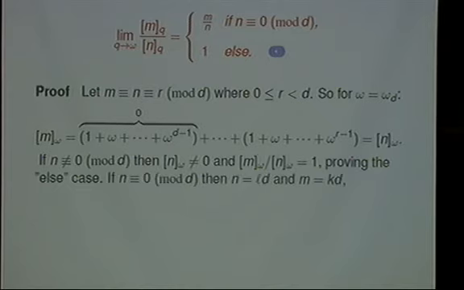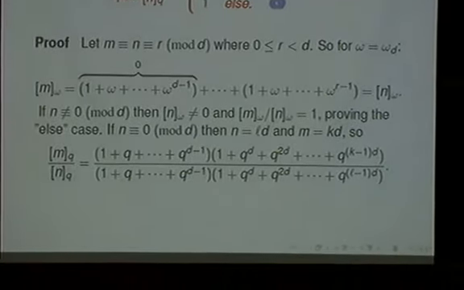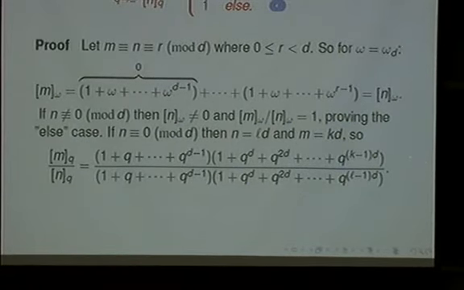What happens if d divides n? Well, remember, m and n are congruent, so d also divides m. So write n as some multiple of d, say L times d, and m as some other multiple of d. And now it's not hard to see that if I take the ratio, again thinking of these as polynomials in q, we can factor out of both the top and the bottom 1 plus q up through q to the d minus 1. Because think about it: if I multiply this by 1, I get the first d terms here. If I multiply this by q to the d, I get the next d terms here, etc. So if I cancel these out